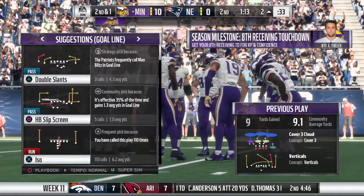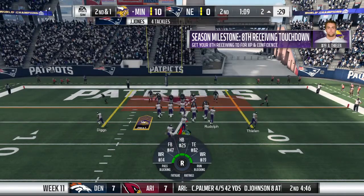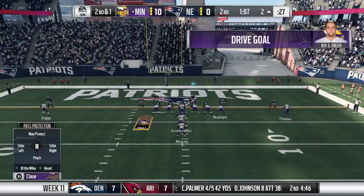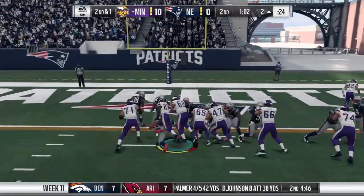Didn't they tell us in our meetings that they needed to account for him on each and every play? You think? A guy of his caliber? So how does a guy like him get that wide open? That usually means there's a breakdown on what the coverage was. So everyone thought they were doing...